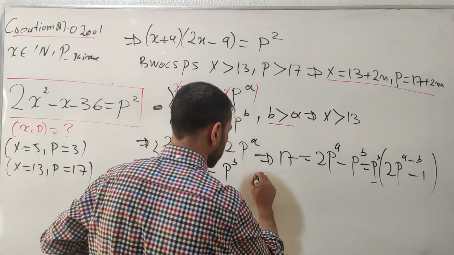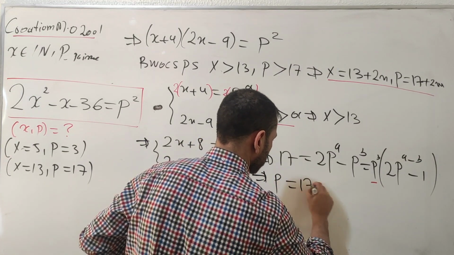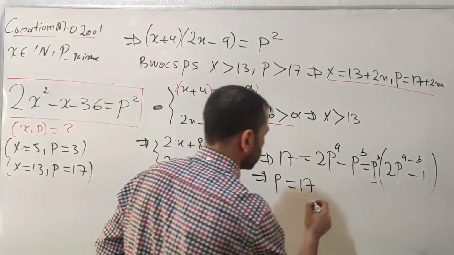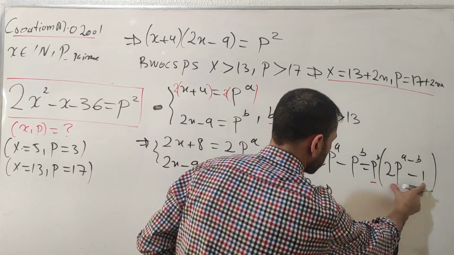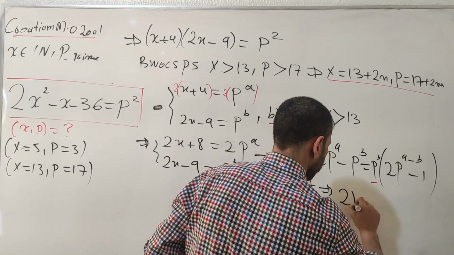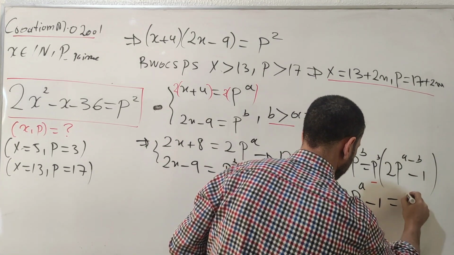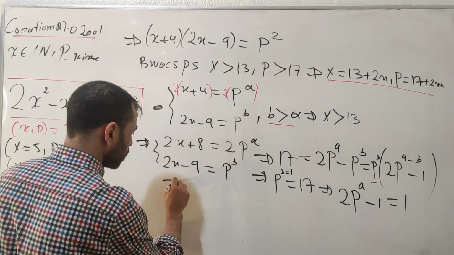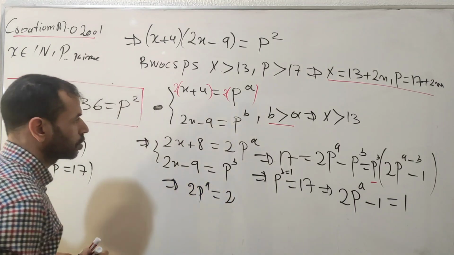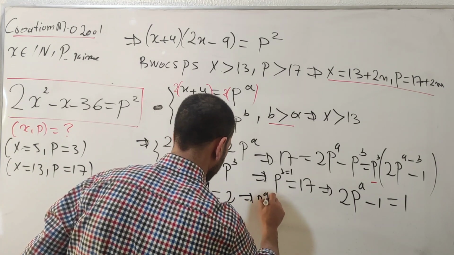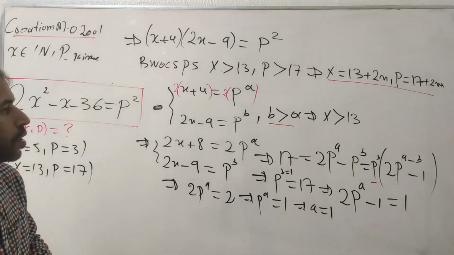So if this one is going to take number 17, which means p to the b, p equals 17, b is going to take number 1. Okay, b is going to take number 1. So this term is going to take number 1, which means 2 times p to the a minus b, minus number 1, equals 1. Thus 2 p to the a minus b equals 2. In other words, p to the a minus b equals 1, so a equals 1. If a equals 1, it's impossible,